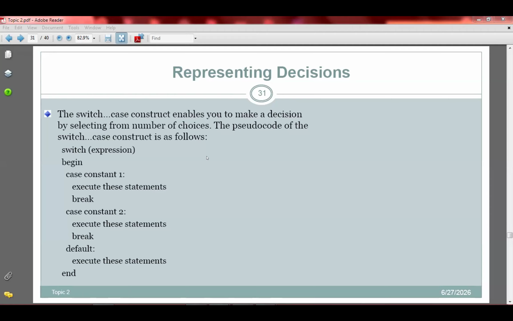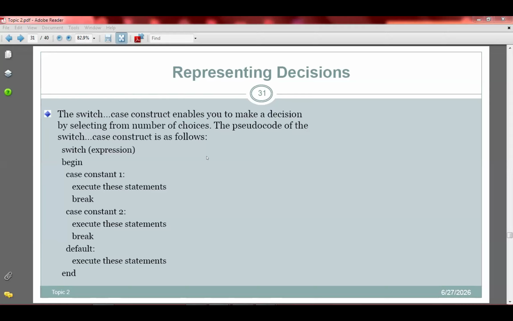While the first condition is not true, you don't do anything but evaluate another set of instructions. So that's the if else if. And then we have the switch case. You have the switch case construct. That one gives you a list of options, not only two. It will give you a list of options and then you choose one of them.